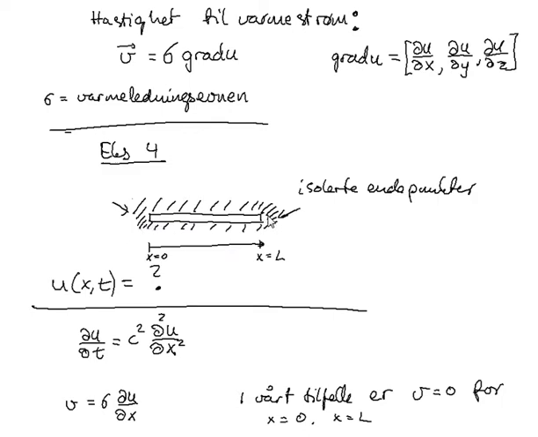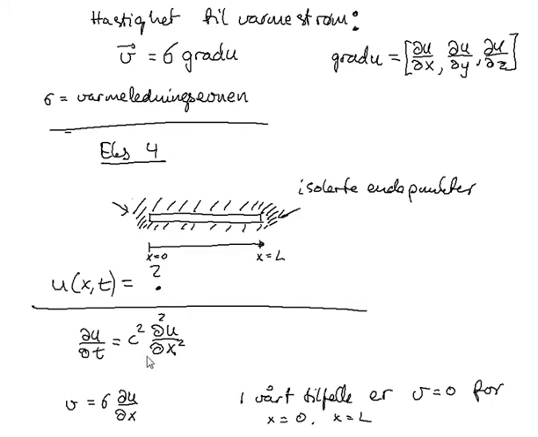Because if we also have insulated ends, endpoints of this rod, then the velocity of the heat must be equal to 0 in this point. This is another type of boundary condition which is very usual from a physical point of view. And as before, we want to know the value of the temperature as function of x and as function of the time t. As before, we have this partial